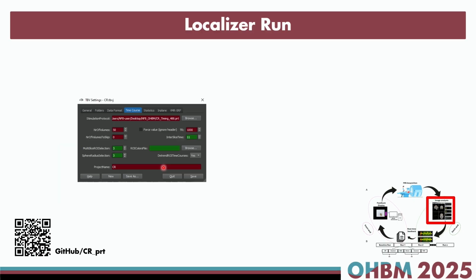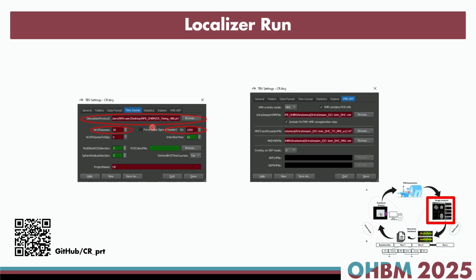So it's also important. And the other thing you should keep in mind is to upload this protocol file, the number of volumes that you have within this specific task, and your TR. And lastly, one of the most important things is that, based on the files that you've generated as the structural templates, you need to upload all those structural images resulting from each participant's structural data here in the last step